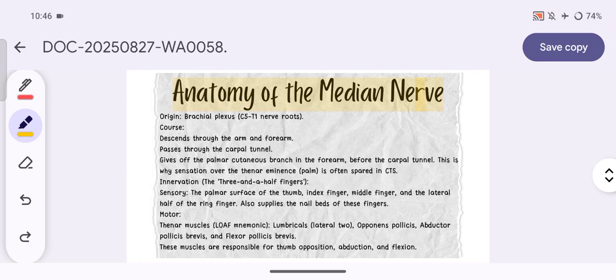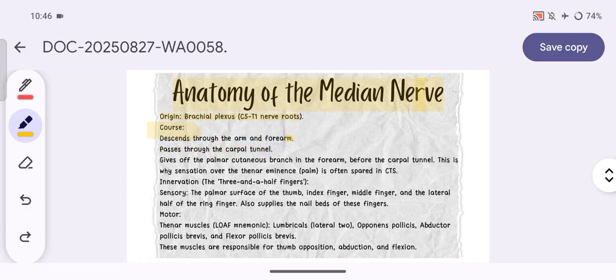So, origin. The origin of the median nerve is the brachial plexus, C5-T1 nerve roots. We will discuss the roots and the pathways in the brachial plexus video. Now we want to discuss this very briefly. Okay, now the course. It descends through the arm and the forearm